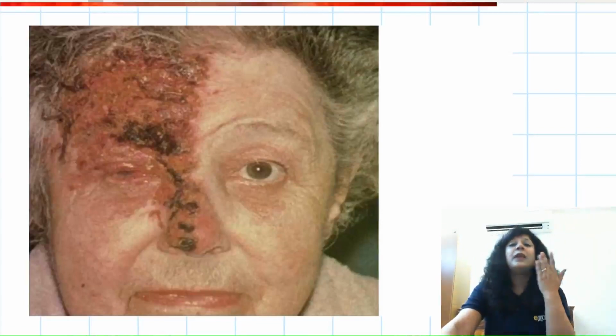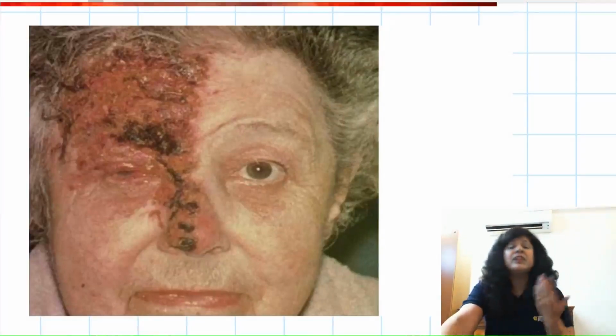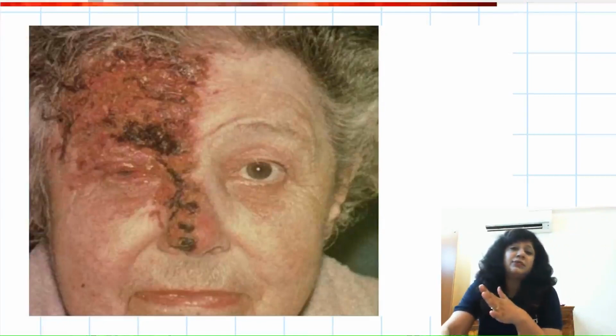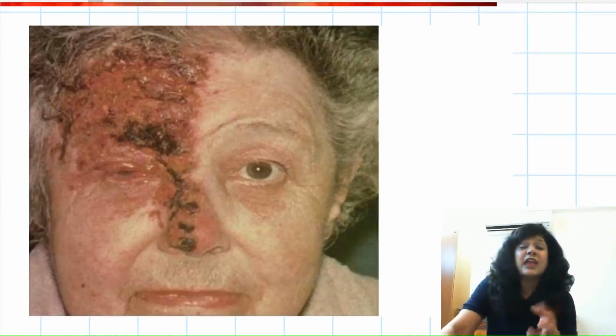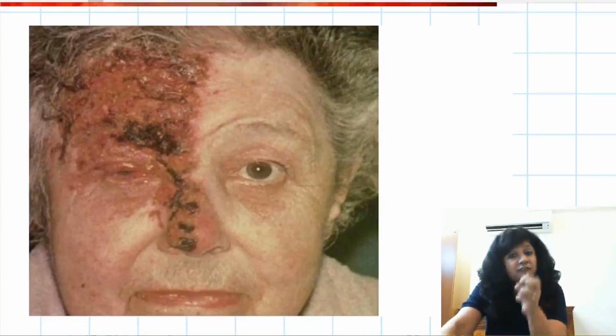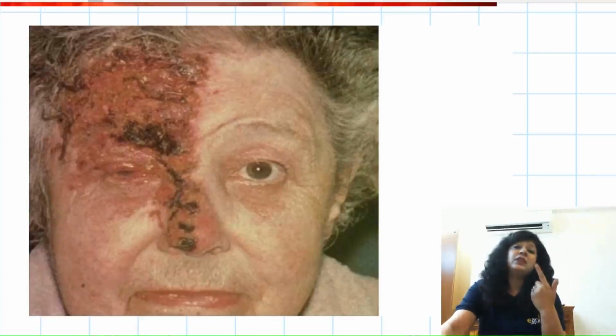Okay, plus you will get strict distribution on one side of the forehead. It's a very, very painful condition. First, the patient presents with the general features. We have fever, high grade fever, chills and rigors, and the second very, very important thing is the intense trigeminal neuralgia. So you have a lot of pain in the whole distribution of these three divisions.